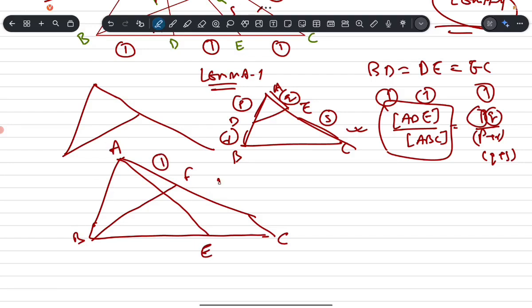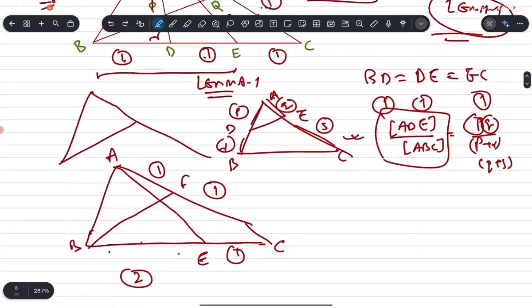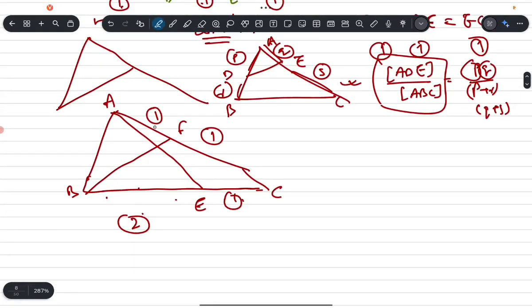This ratio is 1. This is 1, but this is 2. It gets divided here, so it's 1 plus 1. So this whole thing, we are ignoring the AD thing, alright? So we have this 2 is to 1, 1 is to 1. We are interested in this ratio,